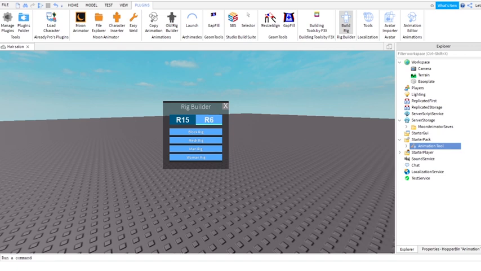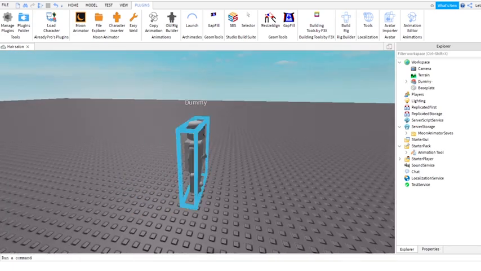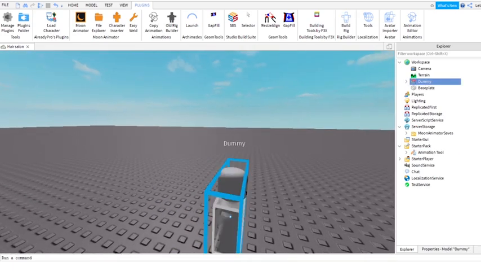So for example, if your avatar settings is on R6, make sure you do this on R6, otherwise it's not gonna work. You can't use an R6 rig in an R15 supported game. So I'm gonna use R6. I'm gonna just use a woman rig. The reason why I use a woman rig, I feel like it's most accurate. So once that's done,